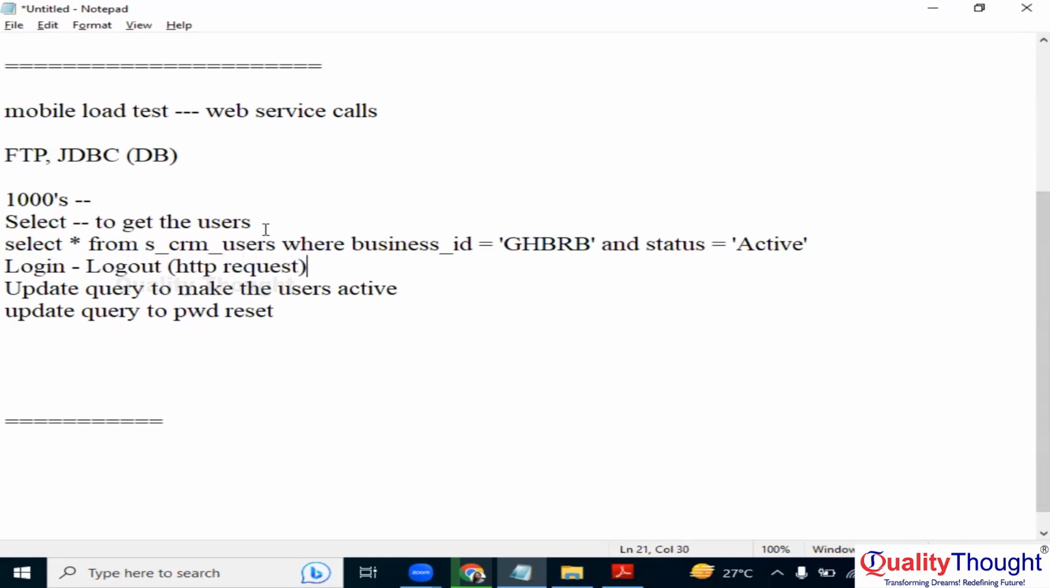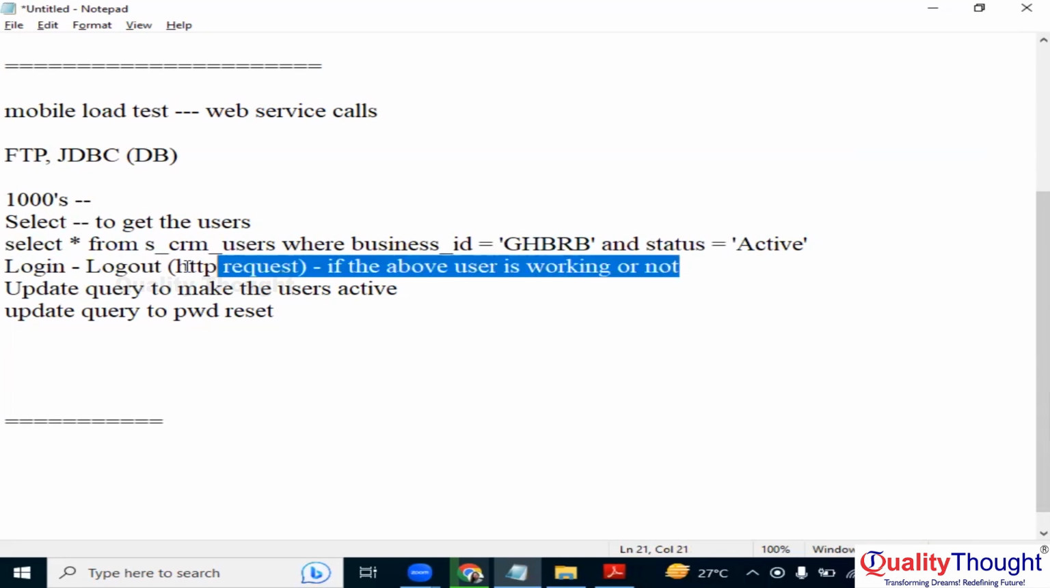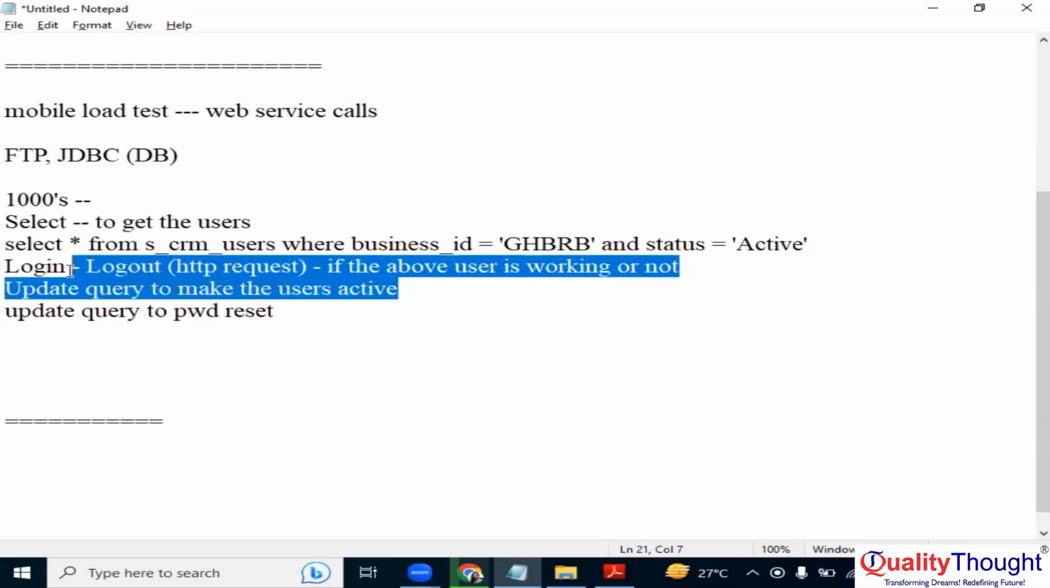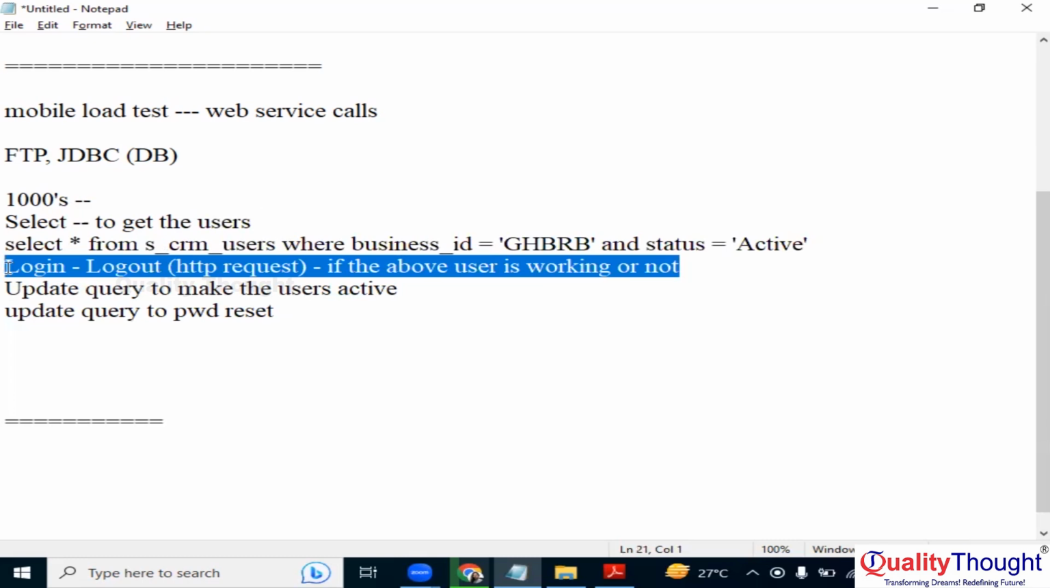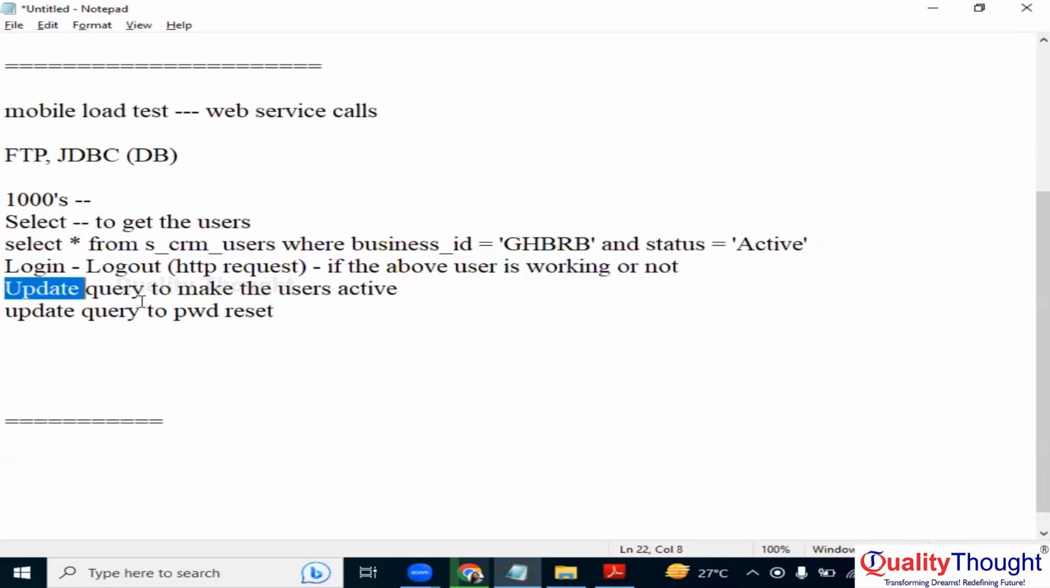So this will check if the above user is working or not. Okay. So I have to give those if conditions and all, right? If it is not working, then only it has to go to the next step. So I have to give an if controller or something. If this login logout script is not working, that indicates that the password is not working, right? If the password is not working, it has to go to the if condition and it has to